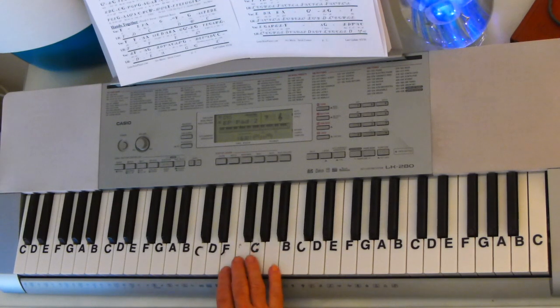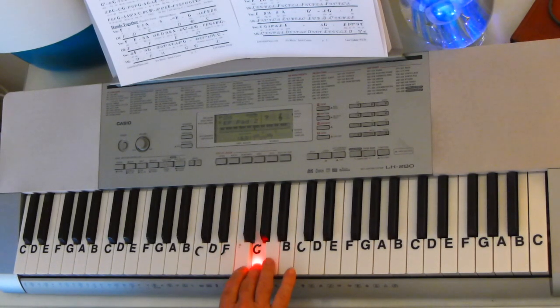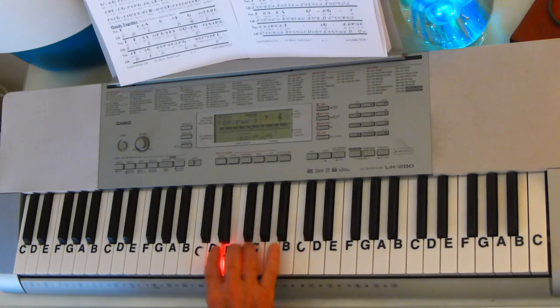Let's start with Sarah Connor's melody. She's in the key of F. It starts on an F. E, F, A, G, A, G, F, G, A, G, F, E, D, E, F, F,